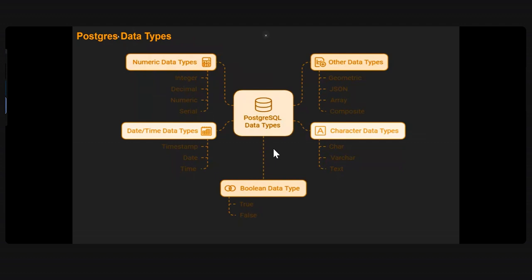Now in Postgres, I'll cover this also. Probably tomorrow I'll go through data types and other things. Since we are at manipulation, DML, and we are creating tables,